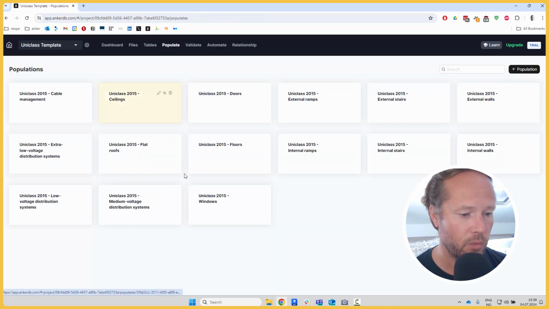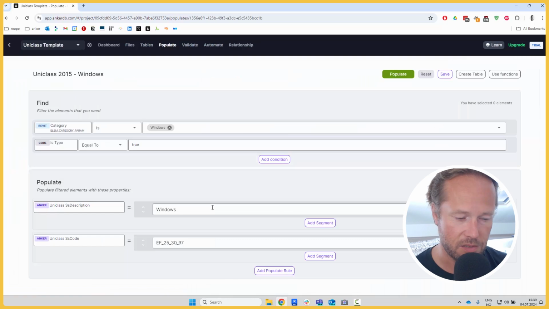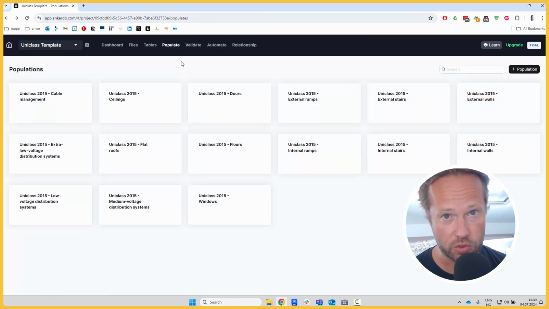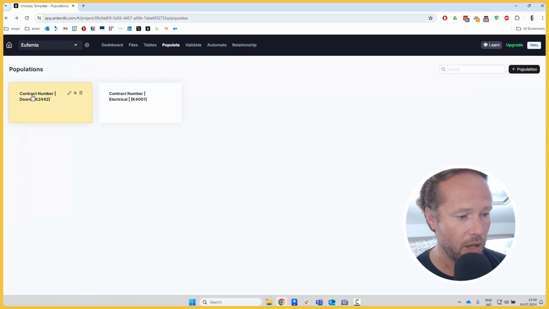We've done the same thing for windows in this simple example that I show here. Ramps, you've got stairs, you've got external walls, internal walls, and so on. And then I maintain those together with Erik in that project. And whenever something changes or I start a new project, what I'll do is I'll go into my Euphemia project